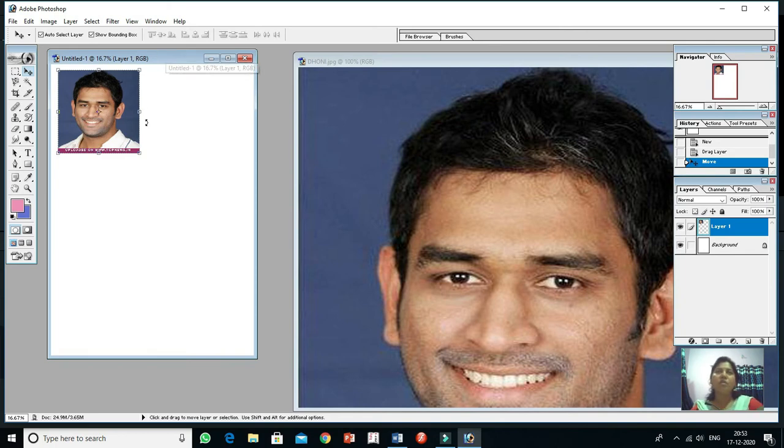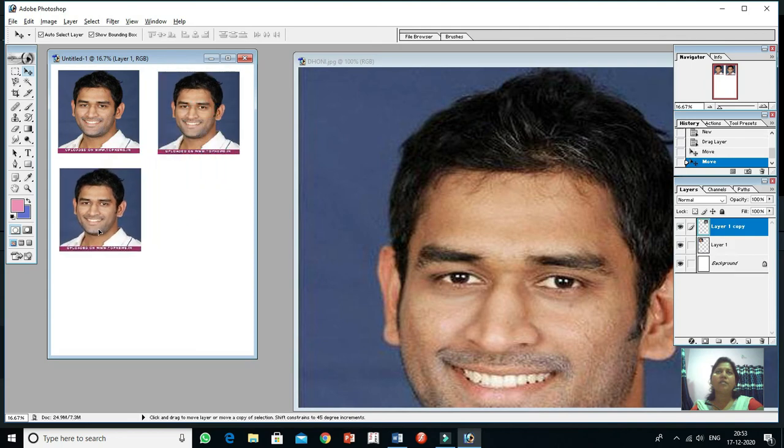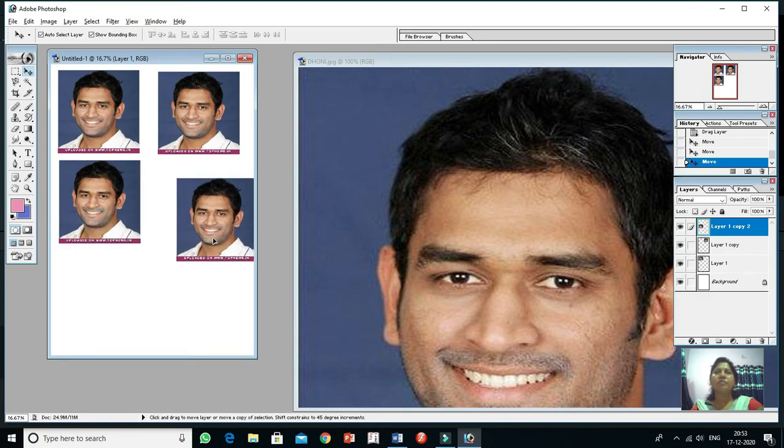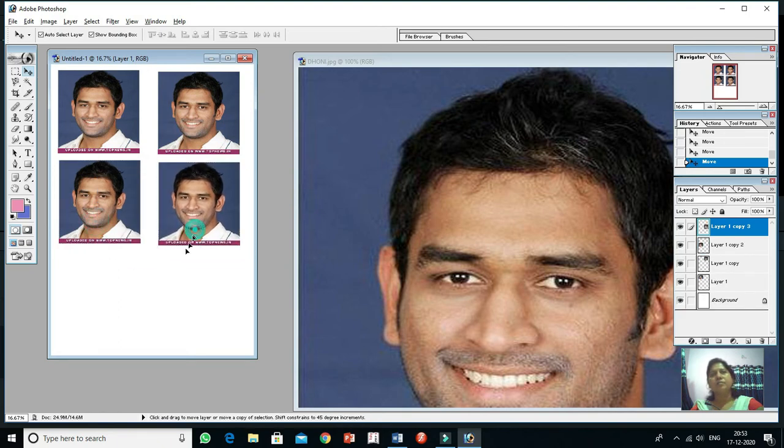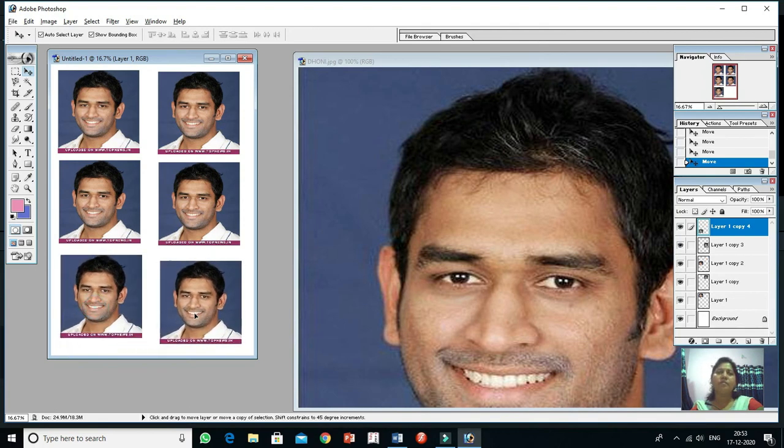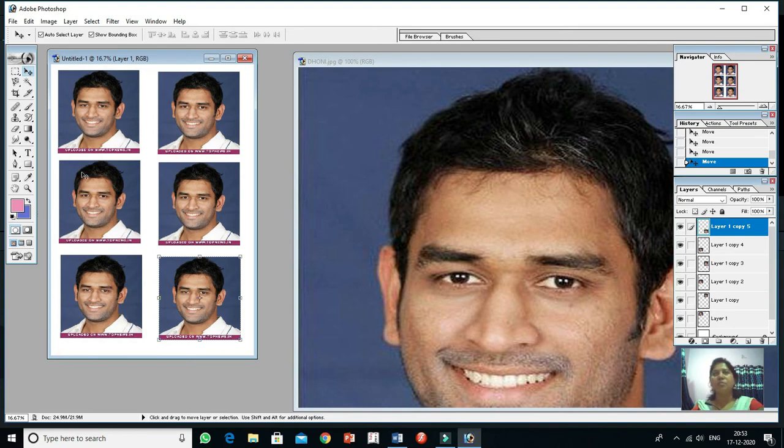Hold down the Alt key and simply drag. Okay, in such a manner you are able to prepare a passport size photograph. Then you can take a printout of this page and cut it just like your passport size. Clear?